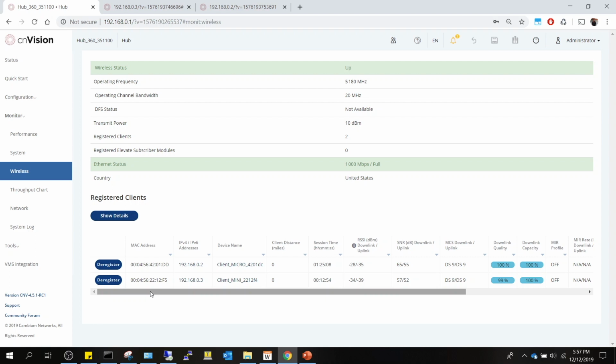For example, on Milestone VMS, which I don't have running on my system right now, but we do have it running on our lab system, it requires you to do special configuration in order to display the events from the cnVision devices. So you need to add the cnVision device as a hardware into the Milestone VMS, and then only you can have that particular device which you added as a hardware send an